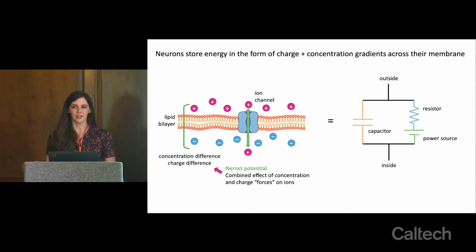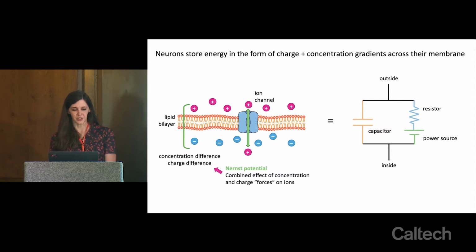And for any different ion that you have in the neuron and in its surrounding environment, you have these combined forces, the concentration gradient and the electrostatic gradient, that are acting on the ions. And if you take these two forces and apply them to the ions and just allow them to equilibrate, you'll come to what's called the Nernst potential, which is kind of an equilibrium point where the force acting on the ion due to a concentration gradient and the force acting on the ion due to a charge difference are balanced out and equal. So for each individual ion, you'll have a different Nernst potential, which is the balance of concentration of that ion inside and outside of the neuron.